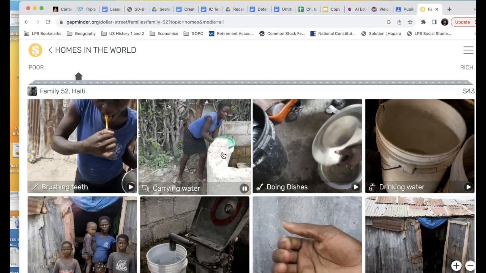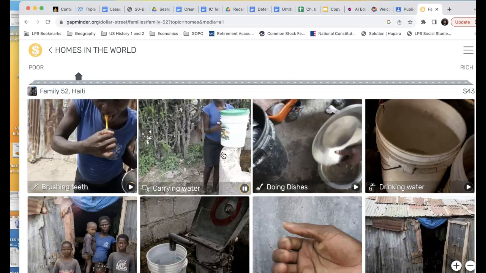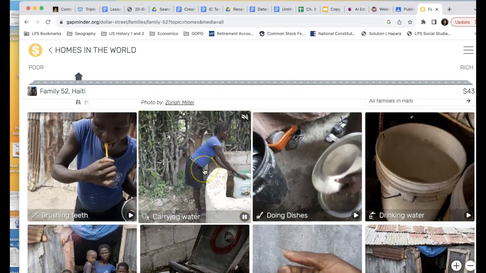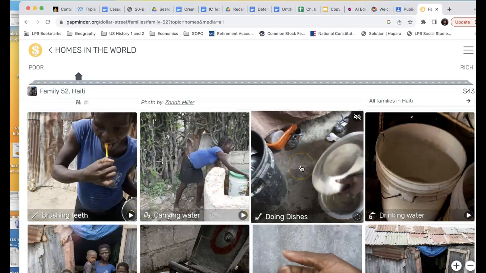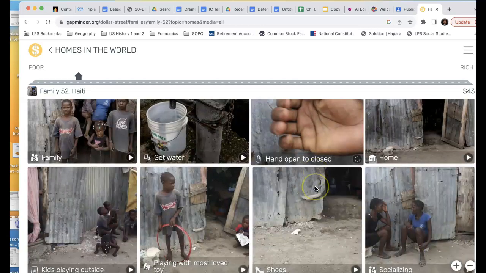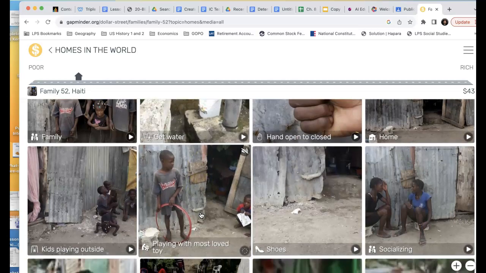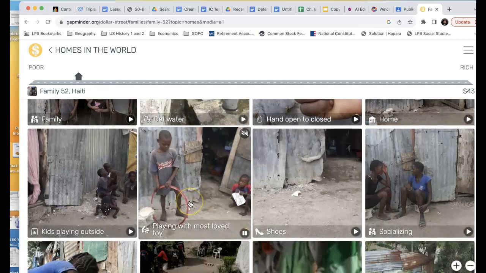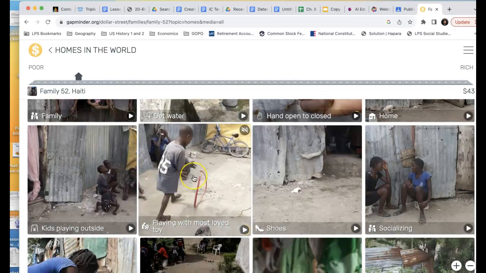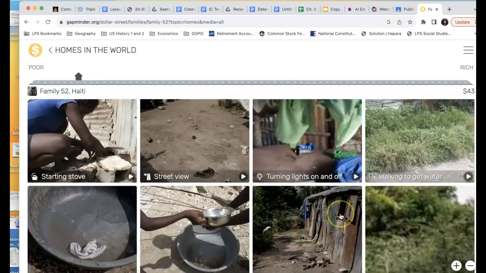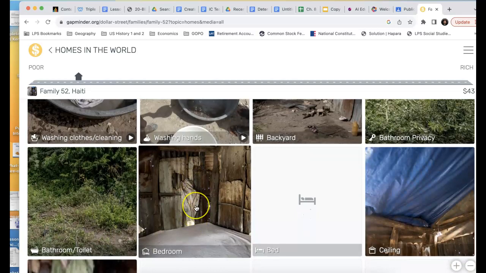And we get to talk about extending the learning. We get to talk about how you don't have to do this here, or in countries typically that have high GDP per capita. You don't have to carry water, or the way we even do dishes, or our drinking water, what that looks like, or what it looks like with our hands. It's really interesting to see this. Playing with most loved toy, right? I mean, so you can already see, it's a pretty cool extension of learning. They really get to see other things that aren't even really required of them to see, but it's a pretty cool